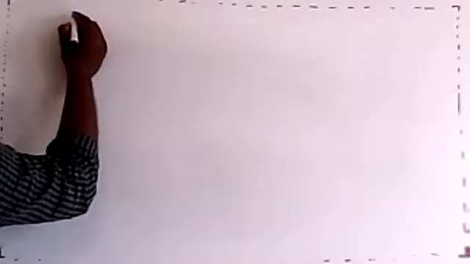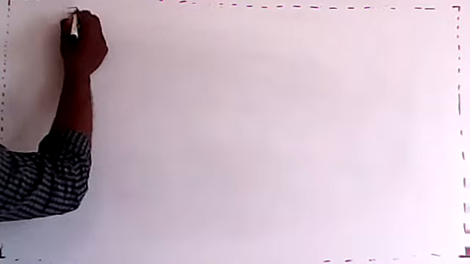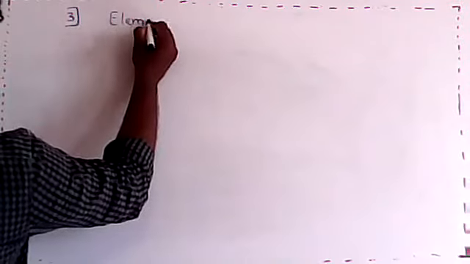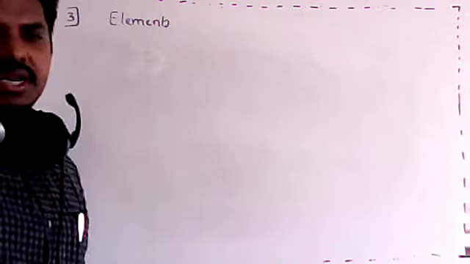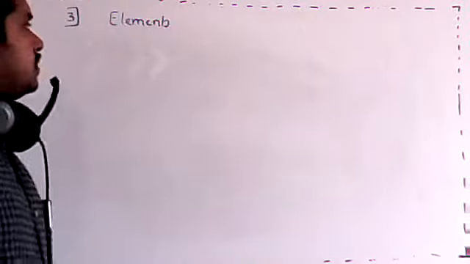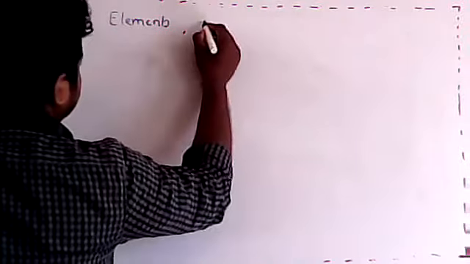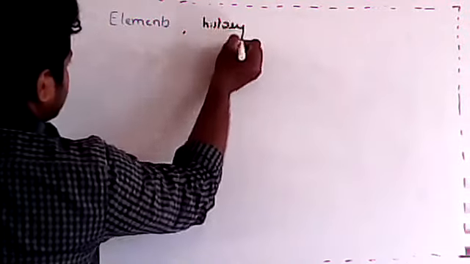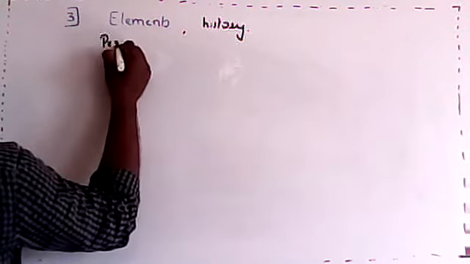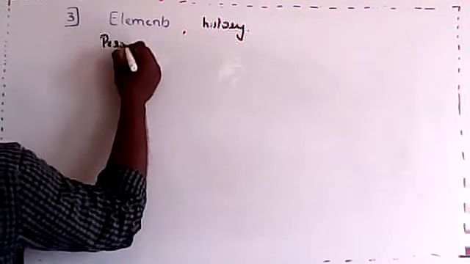So what we have started is the classification of elements and periodicity. That is the third chapter. There, we have already seen the elements, what elements are present in the periodic table, then the arrangement of the periodic table, and some history related to the periodic table. After that, we started with some periodicity or periodic properties related to the periodic table.